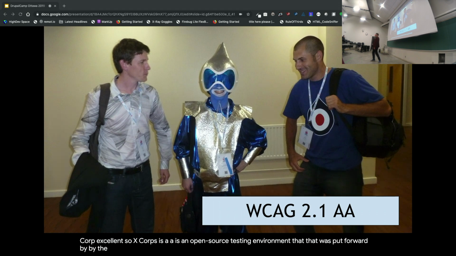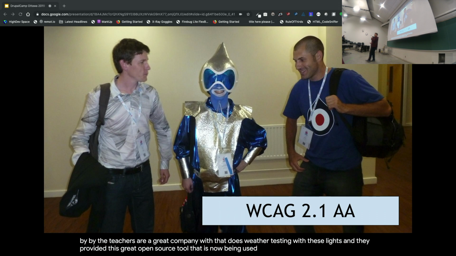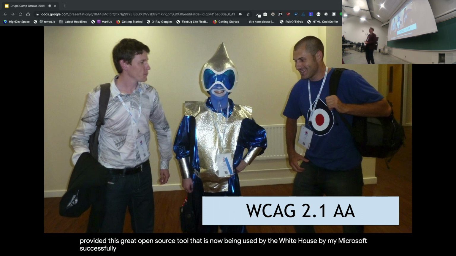Deque folks. Deque is a great company that does web accessibility reviews and audits, and they provided this great open source tool that is now being used by Google Lighthouse, by Microsoft's Accessibility Insights, by who else? By a whole stack of other people who have taken this accessibility checker engine and found ways to bundle that into a tool that allows people to